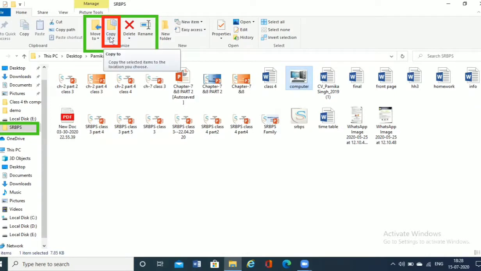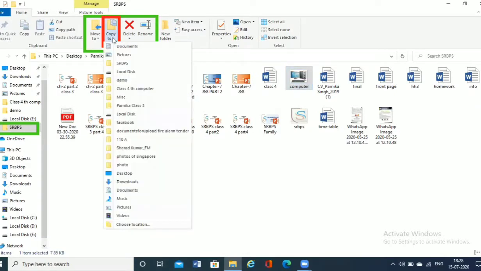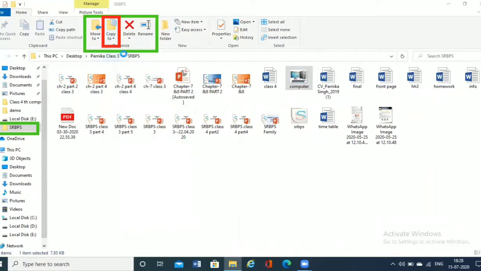As soon as I click, a drop down menu will appear, in which there are a lot of folders and drives where you can save the duplicate copy of this file. For example, I want to save this file's duplicate copy in Pictures, so I'll select Pictures. A duplicate copy is created in Pictures.